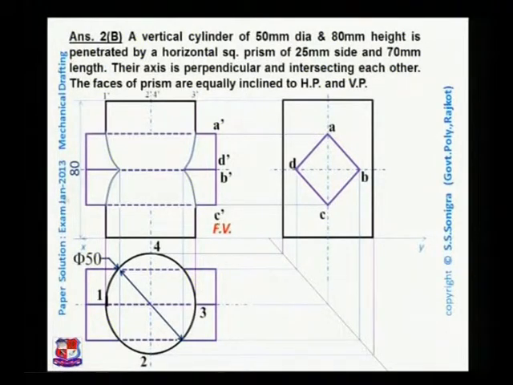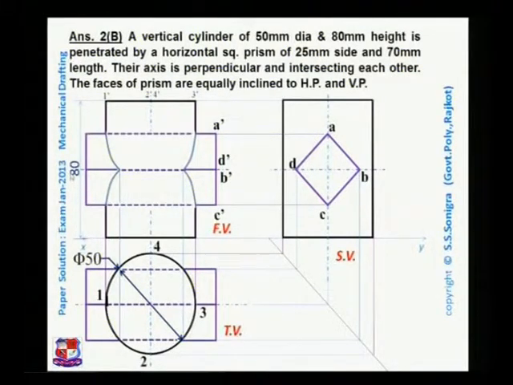This is front view, because here it is asked to draw curves of intersection. So this is curves of intersection, name the views. This is a front view, this is top view of the given condition, and this is the side view of the given condition. Here the horizontal prism is given, hence any horizontal solid is given, it would be needed to draw the side view also. Hence we have drawn three views, and this is the solution of the given problem.